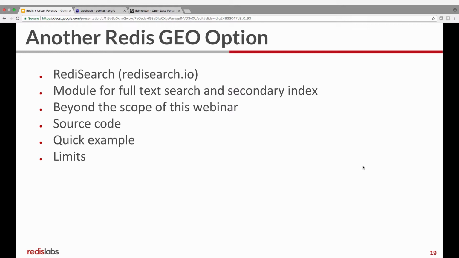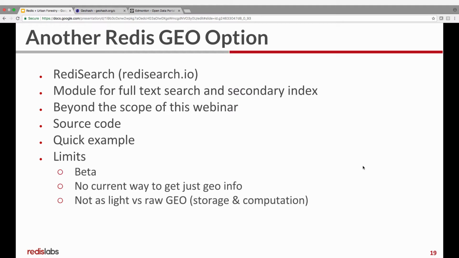There's a few things you have to work around at this point. You can't just get all the results in a particular geospatial area. You have to actually limit it by search terms right now, although that is changing from my understanding. One thing I do want to touch on is that